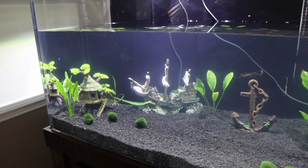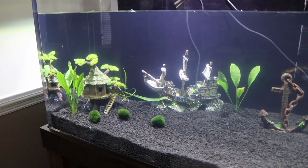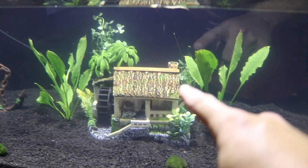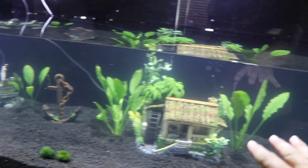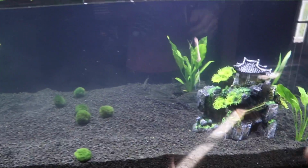Alright folks, we're in the middle of planting. Liz brought the water level down to about half, and we've put in some swords there, the tall green ones. Here on each side of the house, we got some of the little 4-leaf clover stuff back there in the back. We're trying to leave some room because we're going to put some wood pieces over there and some wood pieces back here,